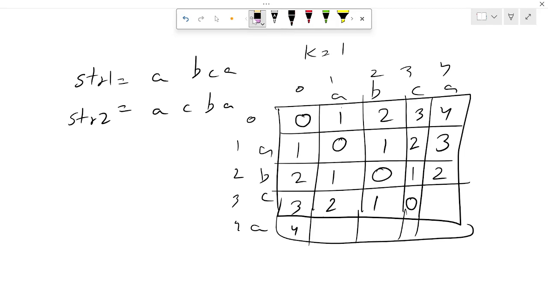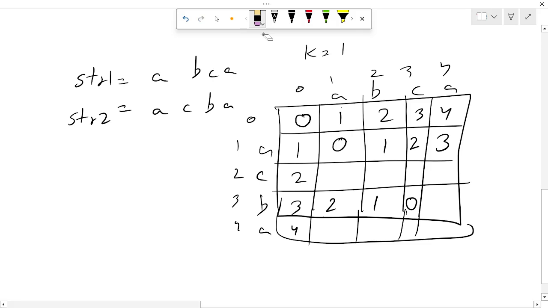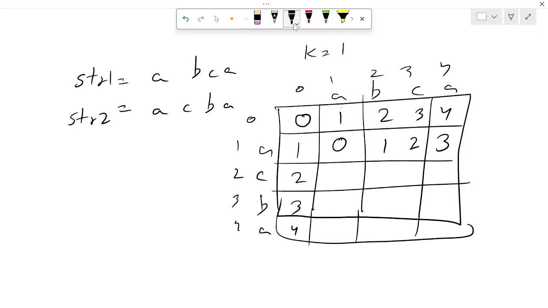Wait a minute, a b c a, then a c b a, because this is the s1 string and this is the s2 string. So we have to fill again from here only.